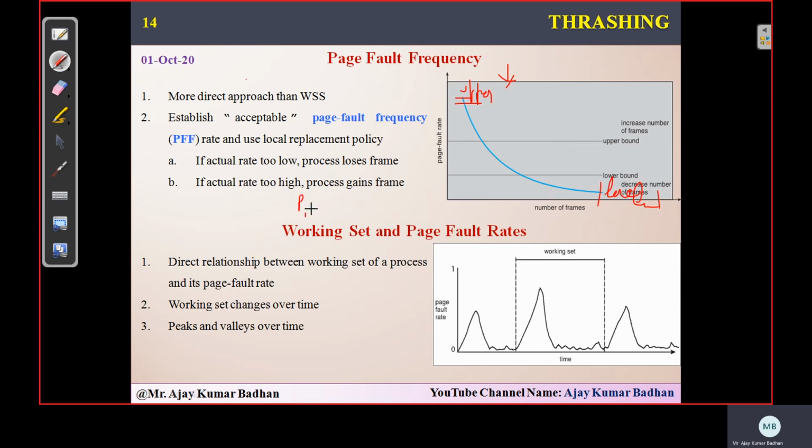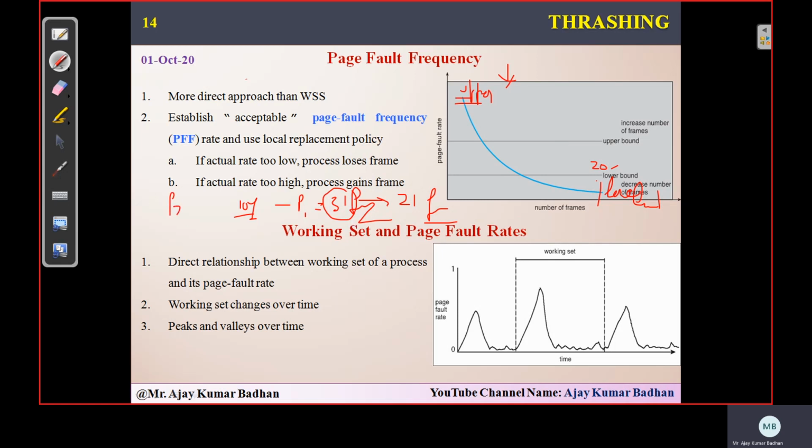Like earlier you might have seen process P1, we have allocated 31 frames, but actually P1 requires 10 frames. We will keep a limit here, let us suppose 20 frames. But how many does he require? 10 frames. It is lower, right? So minimum we have kept 20 frames, but he requires 10. In that case, how many have we allocated? 31. So we will take back 21 frames from the process and allocate them to some other process.